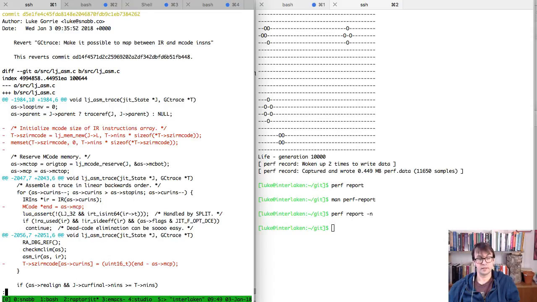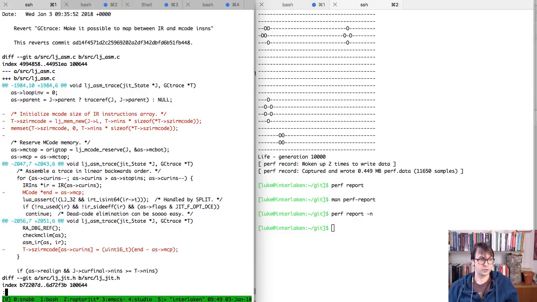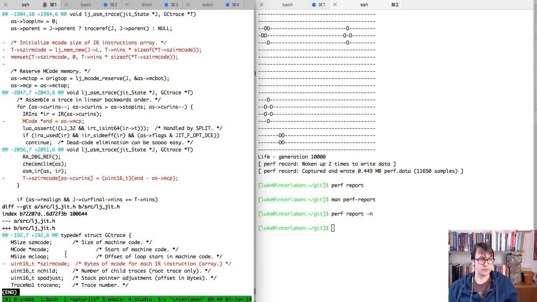It allocates a little bit of extra memory in the struct GC trace where it can put some extra debug information, which is this array saying for each intermediate representation instruction how many bytes of machine code were assembled, so that we can create a mapping back and forth between an IR code and M code. Cool. So I think the next thing then is to actually look in the source code for